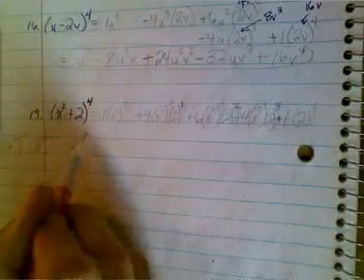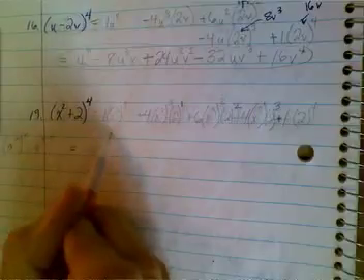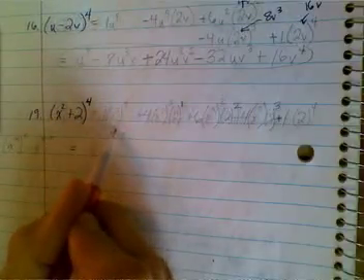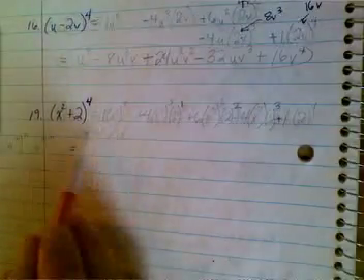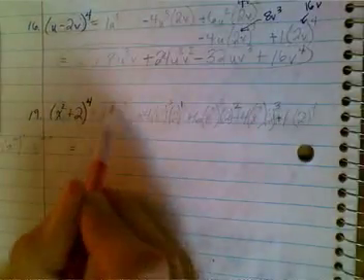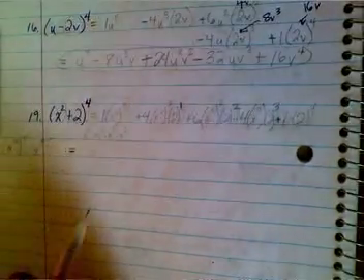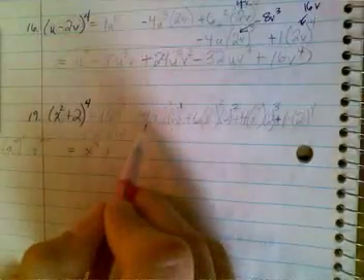I'm going to scoot this over to the left a little bit so that I'll have a little bit of room. X to the second to the fourth. That's like this. X squared times x squared times x squared times x squared. And what would you do if you multiply common bases? You add exponents. 2, 4, 6, 8. Now what's an easier way to do it? Is you just multiply the powers. Power to a power property. And that means you're multiplying those powers. So x to the 8th plus, 4 times 2 gives me 8. X to the 6th